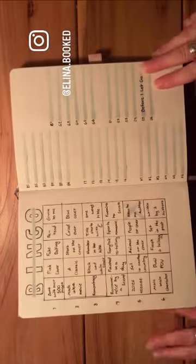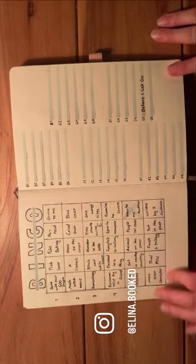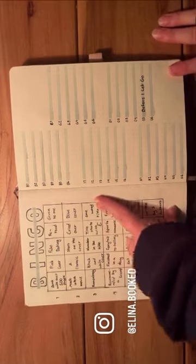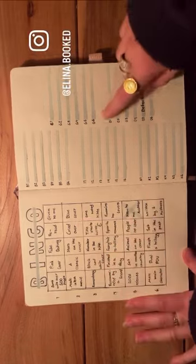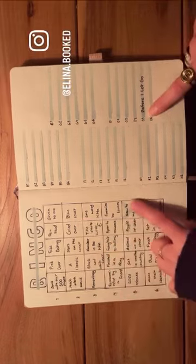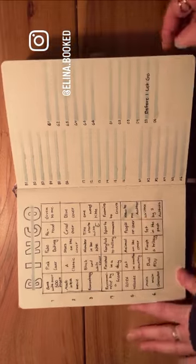This is a bingo page. I think this is really fun, where I just gave myself some fun prompts, some random ones like a title that starts with E, a one-word title. Yeah, you can kind of read those. And then this one says a new to me author. Before I Let Go was a new to me author, so I wrote that down